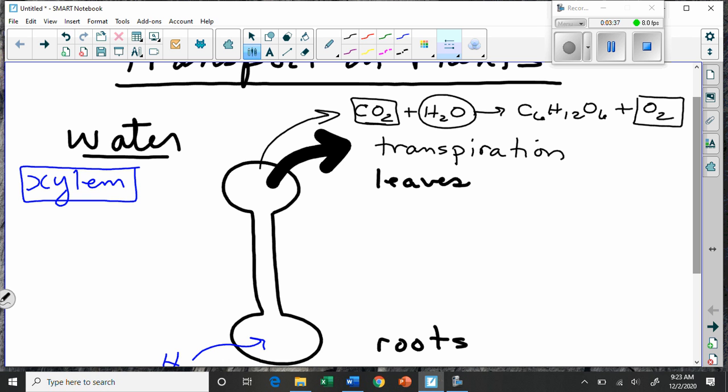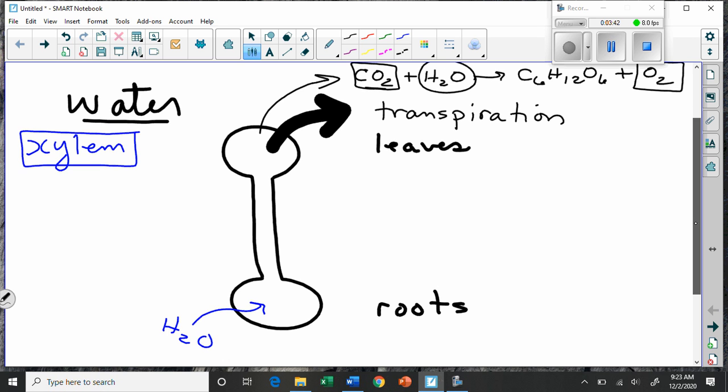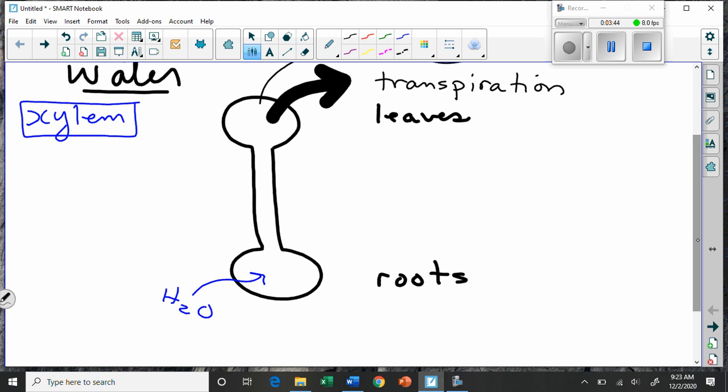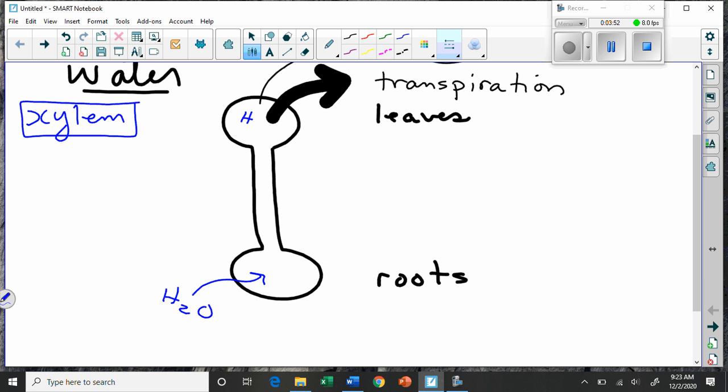So at the top of the plant, where the leaves are, water is being lost to the environment or used up in photosynthesis. And at the bottom, it's moving in. I guess I could have written those arrows in blue, because they're the movement of water. Let's put water here, moving out